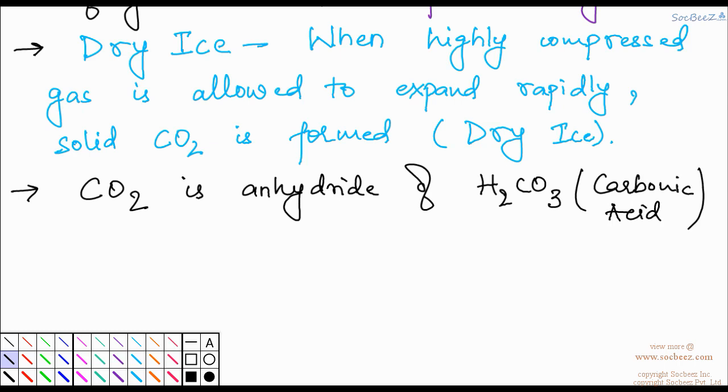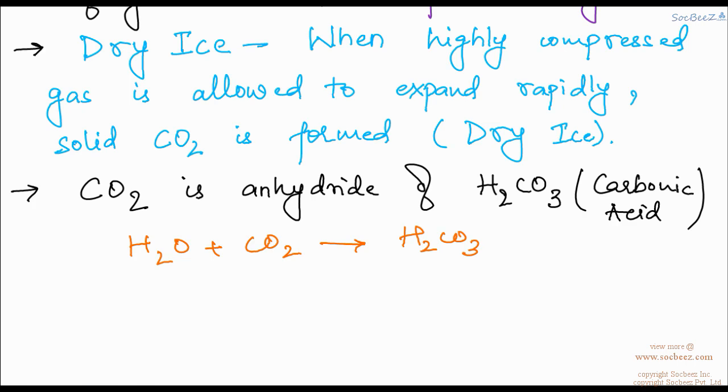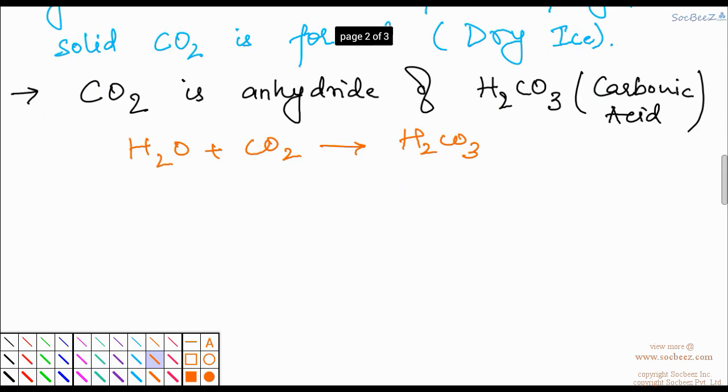You can very well see that H2O plus CO2 leads to H2CO3. Or when you remove water from H2CO3, you get CO2. So this is how you remember that. Okay, now it is an anhydride. Okay, the next property is